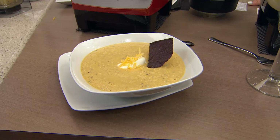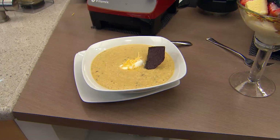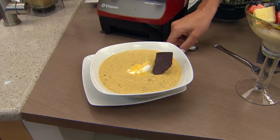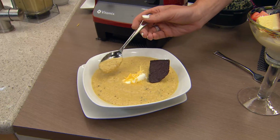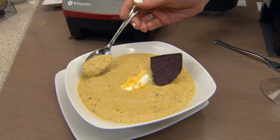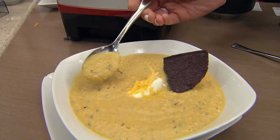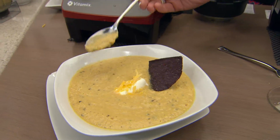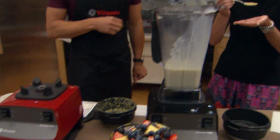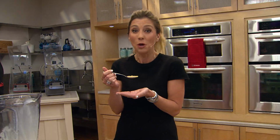Again, perfect. Does that look like something you whipped up in 5 minutes? It looks like you went to a restaurant, Si, senor. Absolutely. Look at that. But again, I love that you were able to do the texture, but look at the consistency through and through. There's no big chunks left in there. This is just so good and fresh, and again, so flavorful because everything's intensified just simply by using the Vitamix. It's quite insane, really,